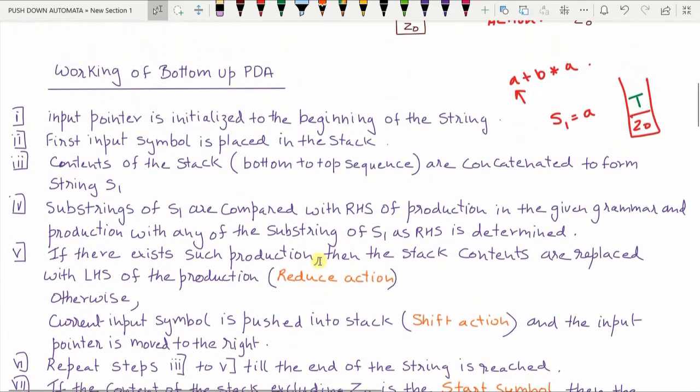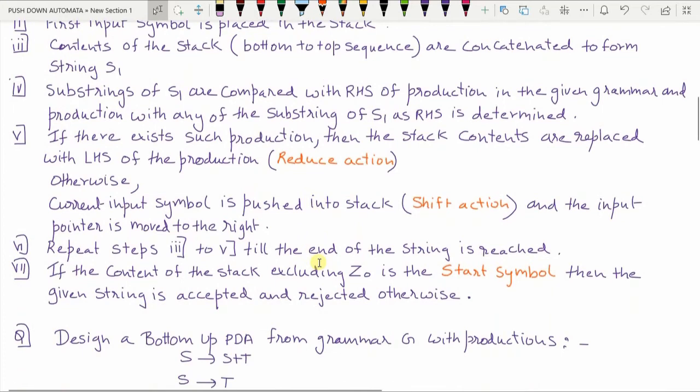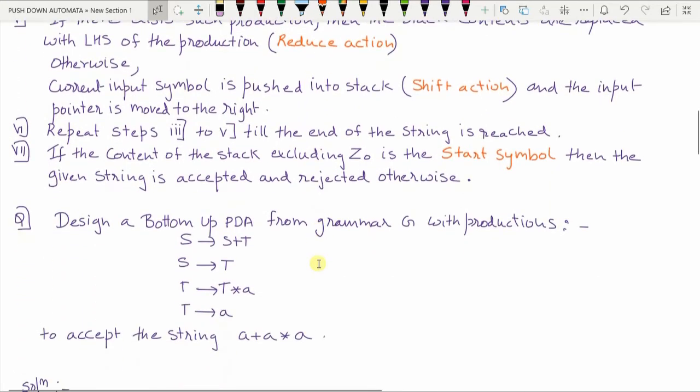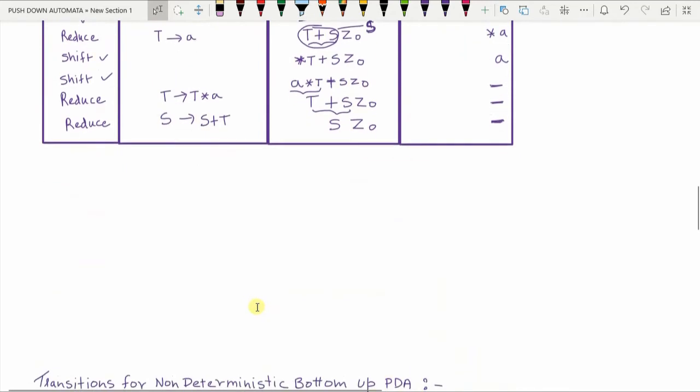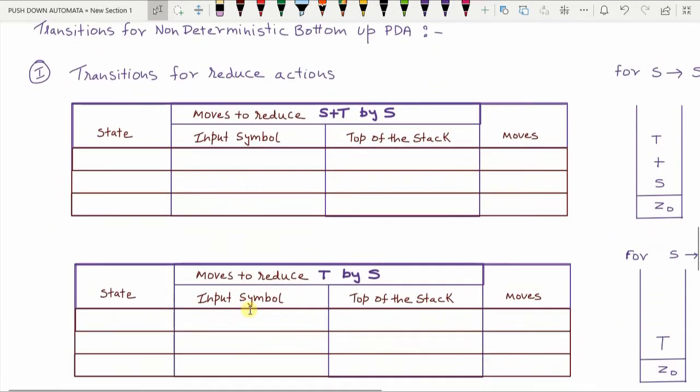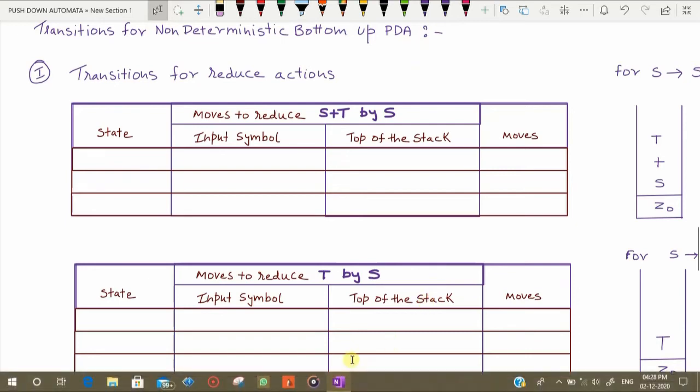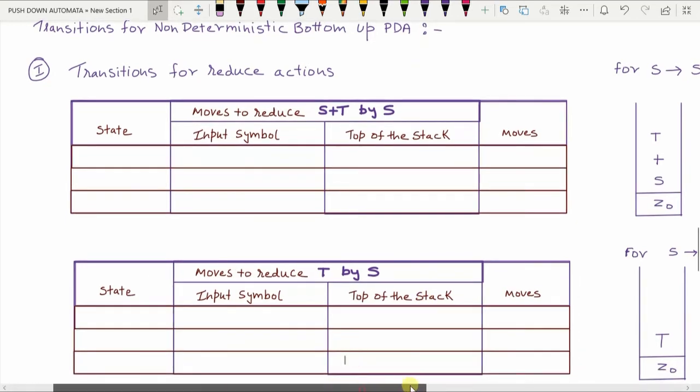This is just the working of a bottom up PDA. Now the next thing is how to design bottom up PDAs. We have not designed the bottom up PDA; we have just seen how it works. Designing is a very simple procedure. We are going to draw transition tables for a non-deterministic bottom up PDA, for the PDA that is given to us. Now the very first thing you have to do is find out